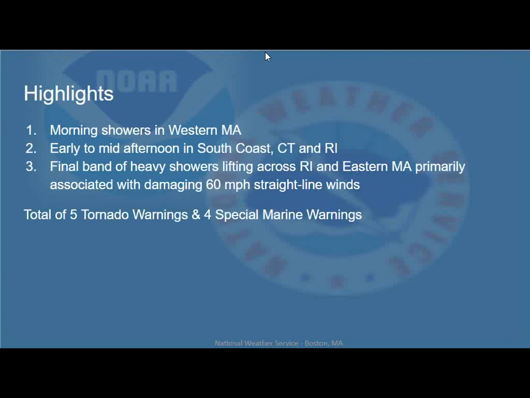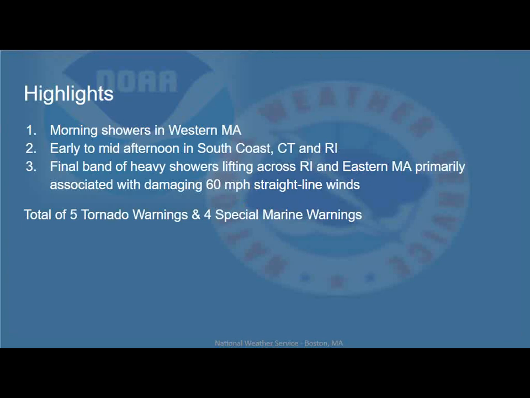So as Rodney kind of alluded to earlier when we were looking at the meso analysis, which is basically just looking at the weather on a different scale, and Joe will probably talk a little more about it later. But